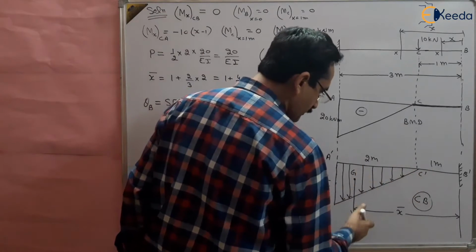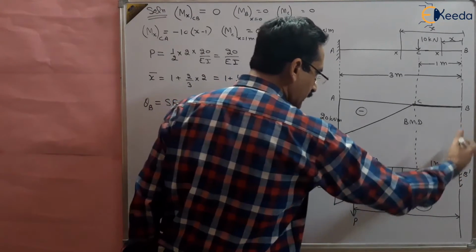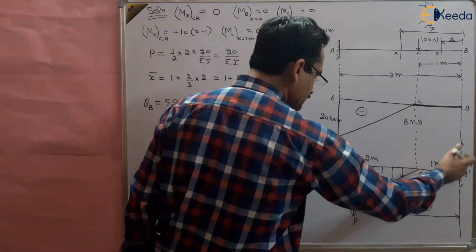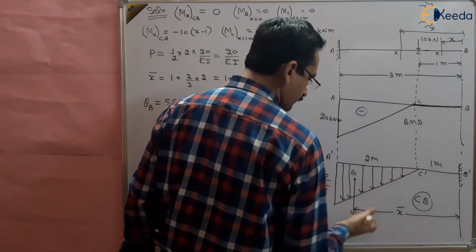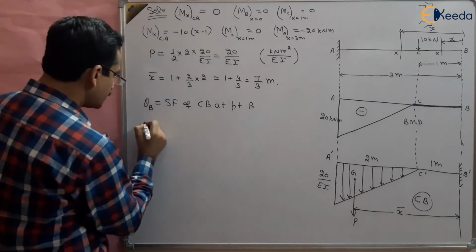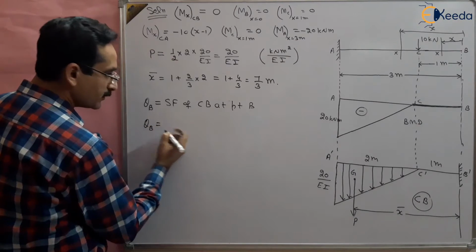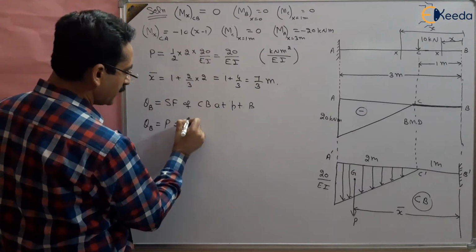That is the load of this body about B. You can take a section from this point and find the shear force. So this will be the load only, so theta B will be equal to P only, and P is 20 by EI,